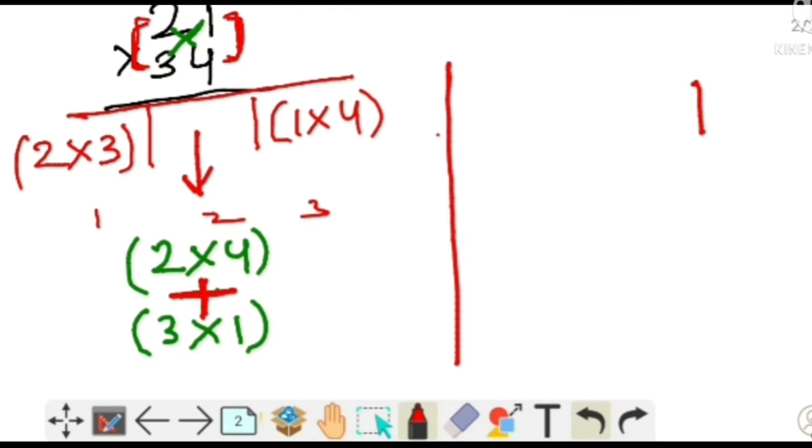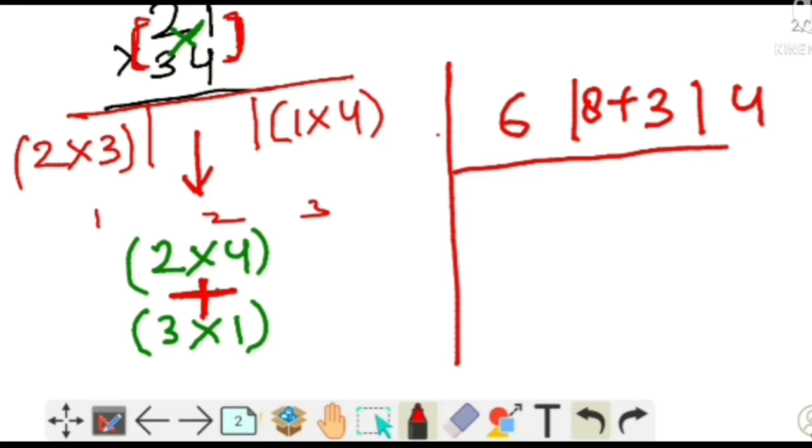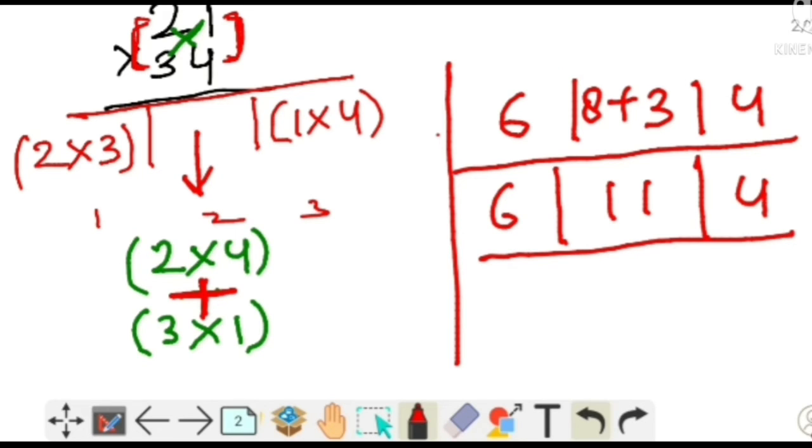Again make 3 blocks. In the third block, multiply 4 into 1, and in the first block 3 into 6. Write it down. Now multiply 4 into 2 and 2 into 4, which is the same, that is 8, plus 3 into 1 is 3. We can't write 2 digits in one block, and 8 plus 3 is 11, so we will carry this 1 over to the next block.